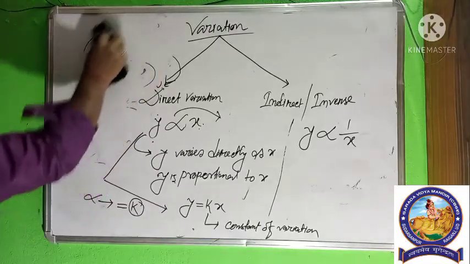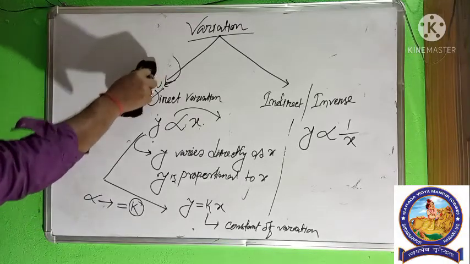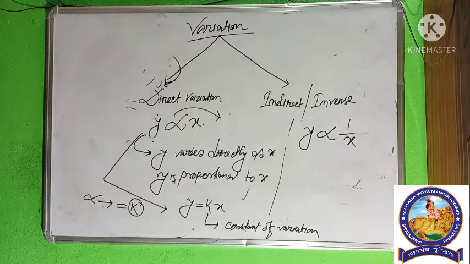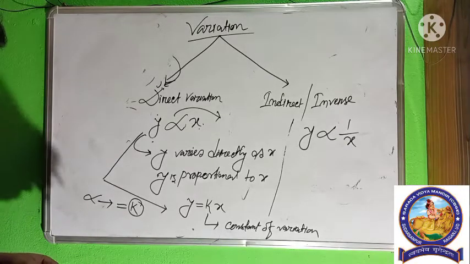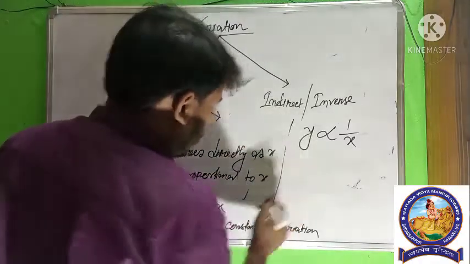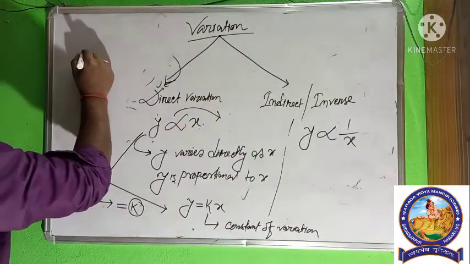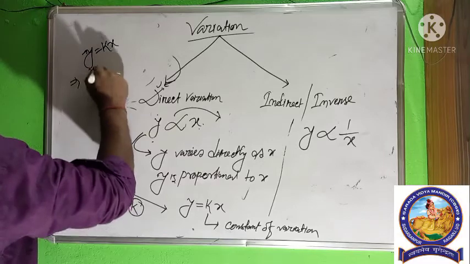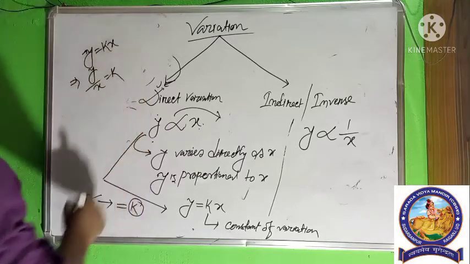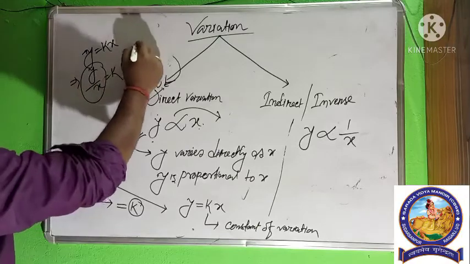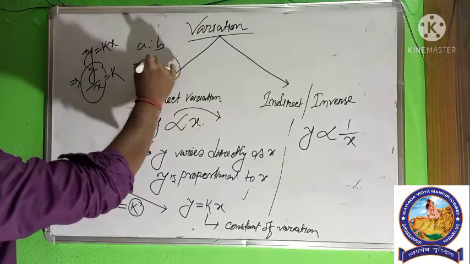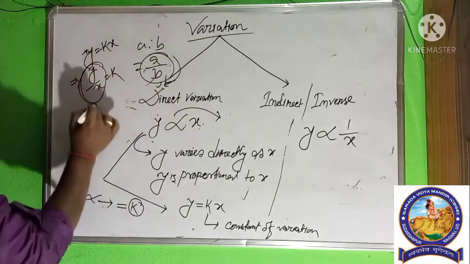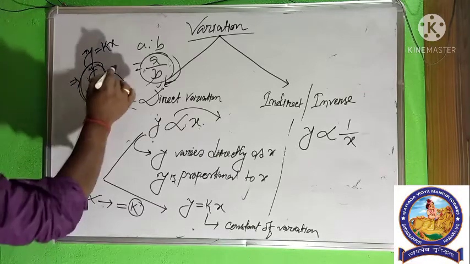not be changed. In each and every math topic there are some constants, there are other constants of variation. Okay, so y equal to kx, from here we can say that y by x equal to constant. That means the ratio. What is the ratio? A is to b equal to a by b. So a by b means the ratio of a and b. So the ratio of these two quantities is constant.